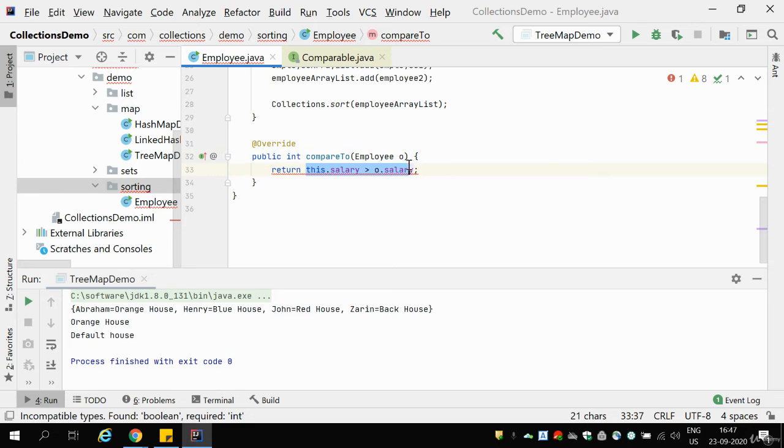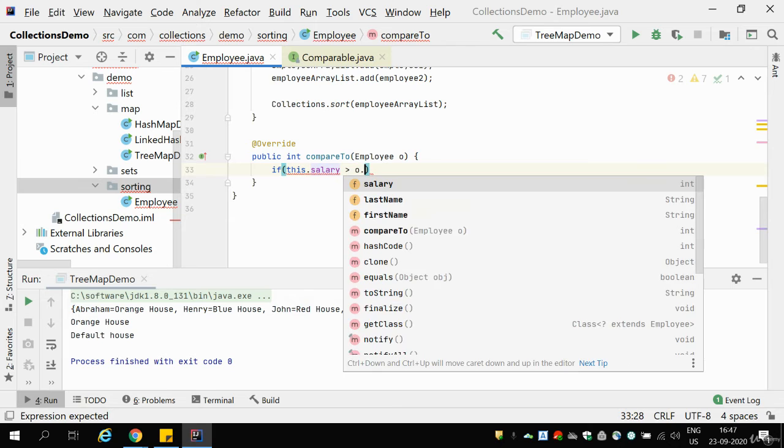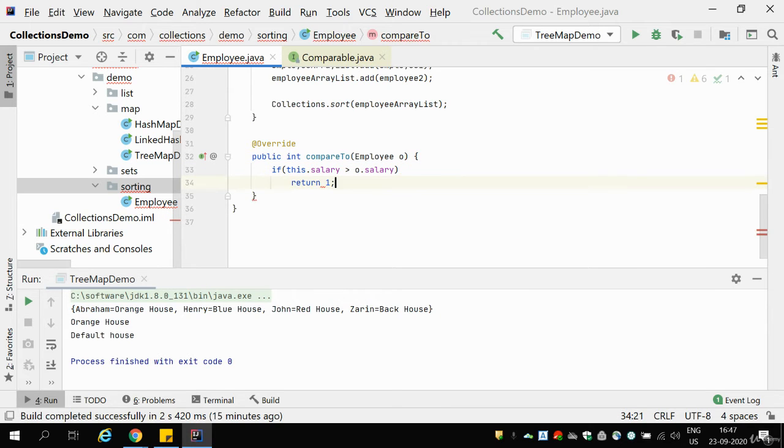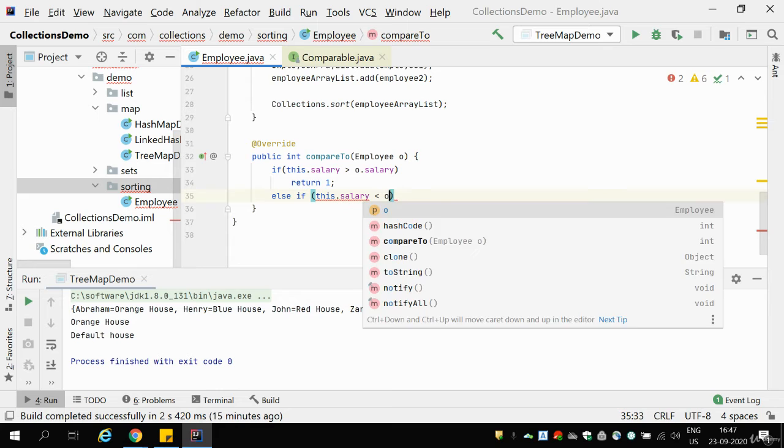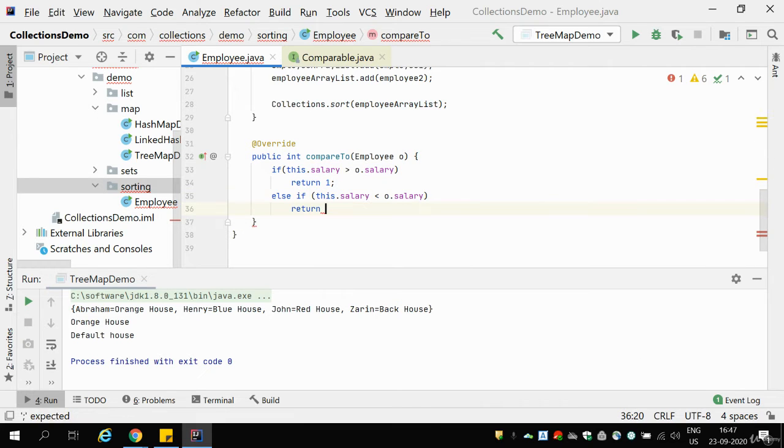So what I'm going to do is, for example, I'm going to have a few methods. So if this dot salary is greater than O dot salary, return 1. Else if this dot salary is less than O dot salary, return -1, right? Else return 0. So if you notice, if this dot salary, that means the instance variable salary, that this